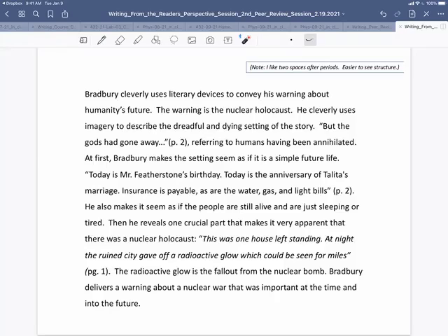But perhaps it should be, he also makes it seem as if people are just sleeping or tired instead of and still alive. Perhaps we want are still alive as opposed to just sleeping or tired as the stress position. Again, the author needs to think about, what do I want to stress? That they're still alive or that they're just sleeping or tired? Then he, again, do we want a literary device to do it, or perhaps the crucial part is Whose story? A crucial part